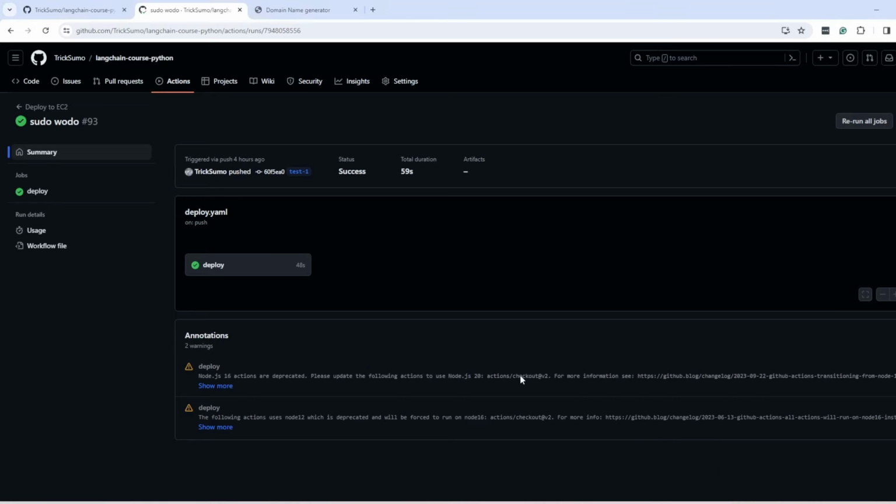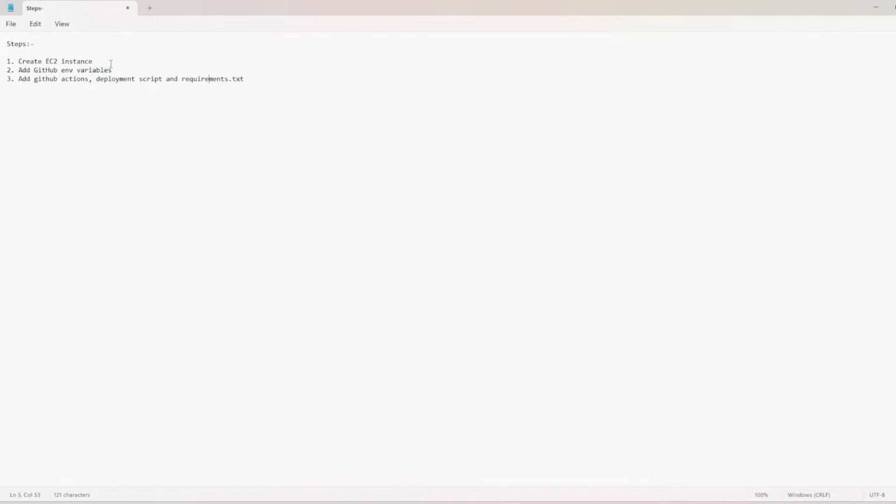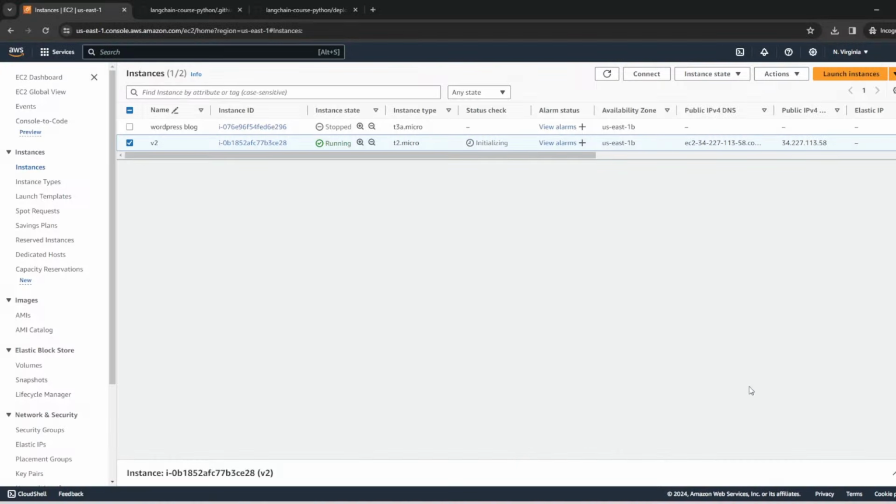After uploading to the EC2 instance, your application will be available on an IP address something like this. And each time your code is updated, the latest changes will be reflected here. So these are the steps. First we will create an EC2 instance, then we will update the required variables in GitHub environment variables, and then we will add our GitHub Actions and deployment script. So first of all, let's go to